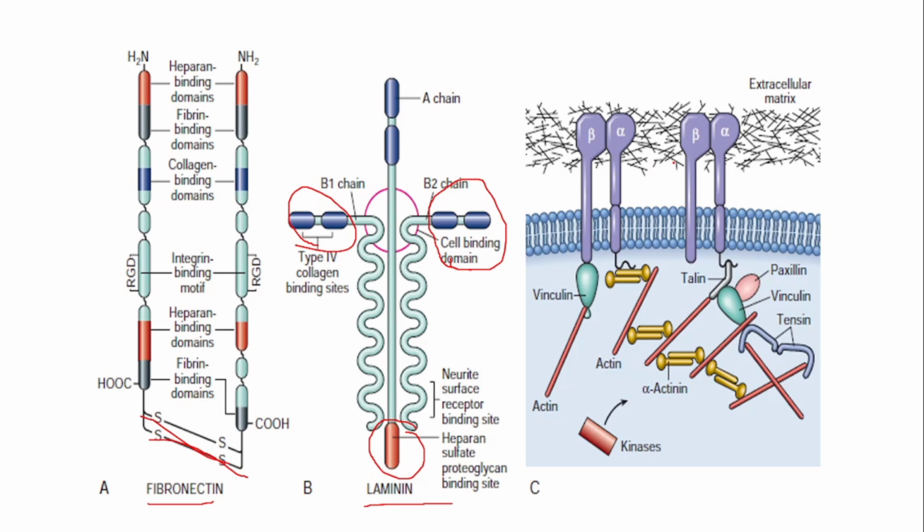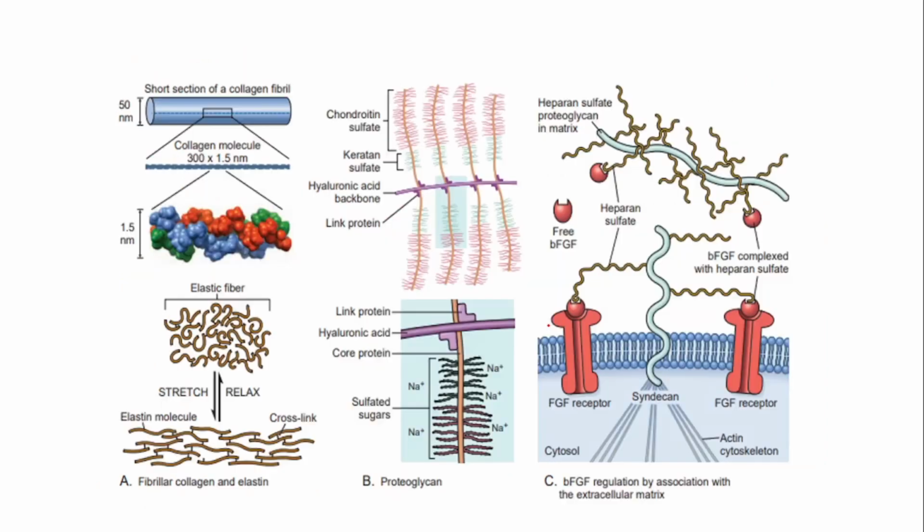And the third one is integrin. Integrin is a transmembrane dimer having an alpha and beta subunit, and the function of this integrin is that it adheres to the extracellular matrix component as well as intracellular cytoskeletal components such as vinculin, actin, paxillin, all of these. And also during inflammation,